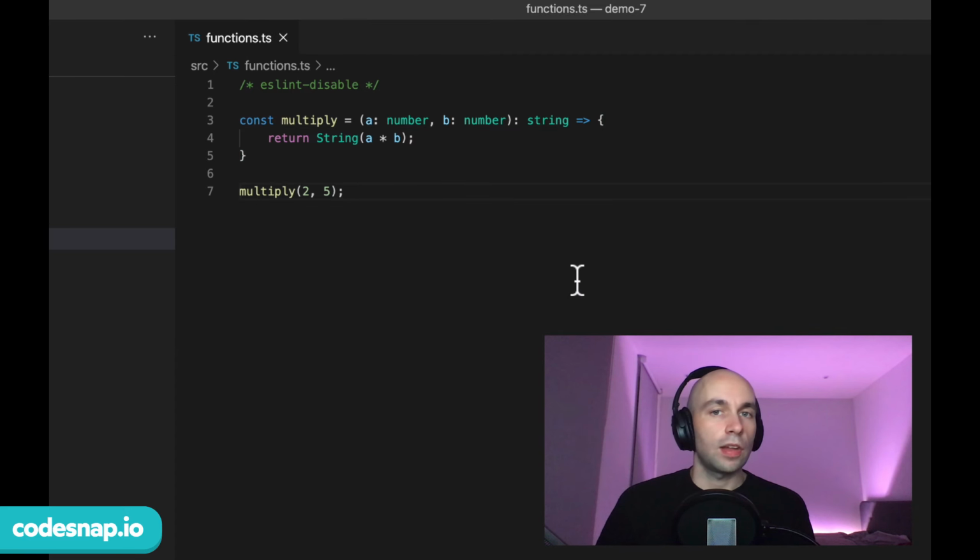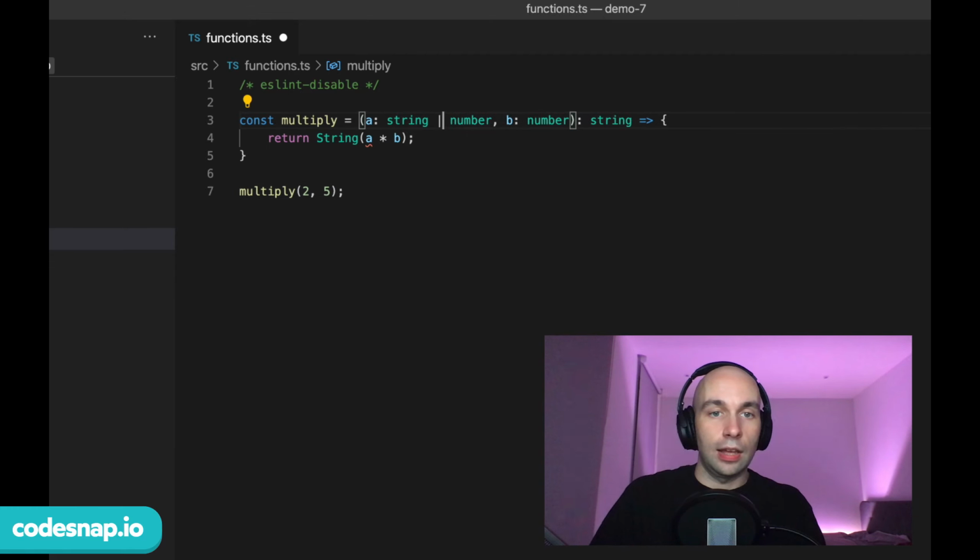Okay, let's go one step further. Let's say, for example, we wanted the option to be able to pass a string or a number to our multiply function, and then for it to multiply it regardless of whether it's a string or a number. We can do that with the help of union types, so let's see how that would look. First of all, let's change the types of our arguments on our function to take either a string or a number. So I'm just going to create a union type for each, string or number,